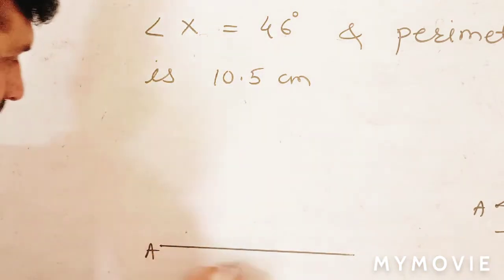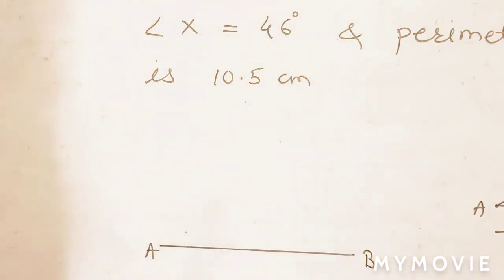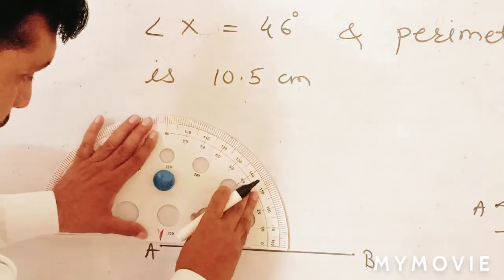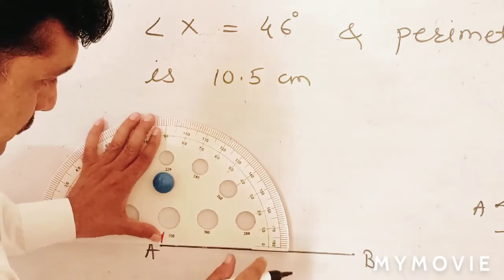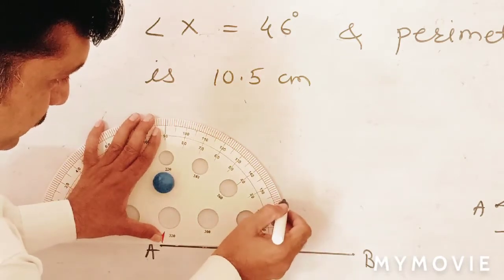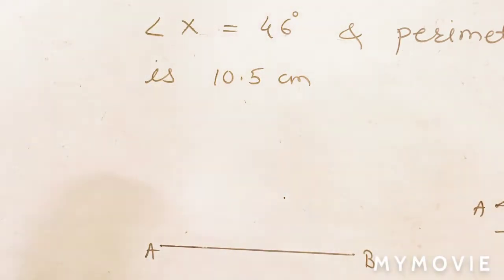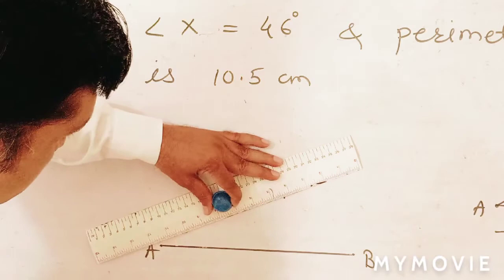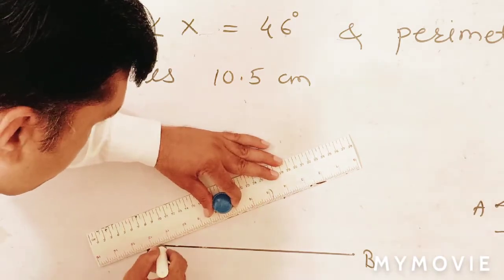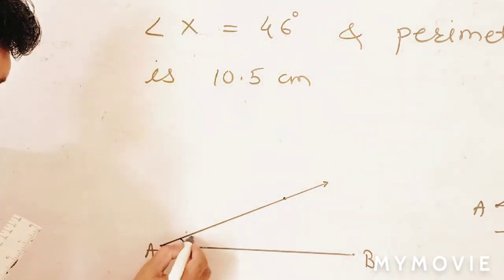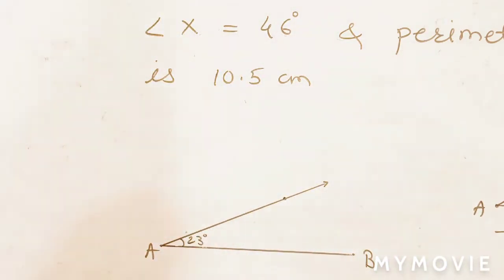Give here name AB. Okay, now half of X, half of 46, here 23. From right side, 23 is coming here. Draw a ray from point A. This is 23 degree, and half of Y